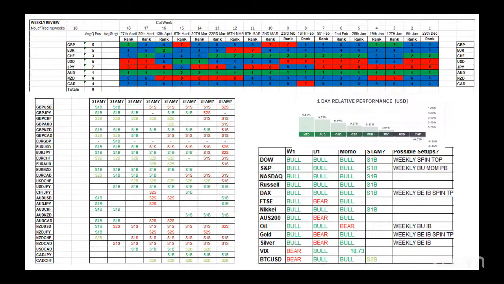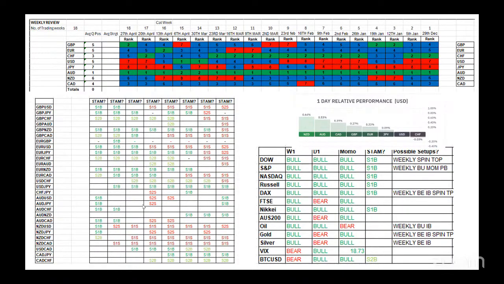Okay, all right, so let's dig into the data. What is all this? What's it telling us? How's it going to help us? Well, what this is, is snips out of my own model, out of the work I do at the weekend called the STAM, where I'm looking to identify strength, trend, and momentum primarily within FX markets, but also in indices and commodities markets. And I do that because I find when I have a good handle on it, that helps me make the most of my time, energy, and resources for the week ahead.